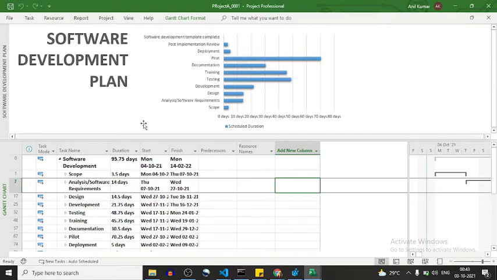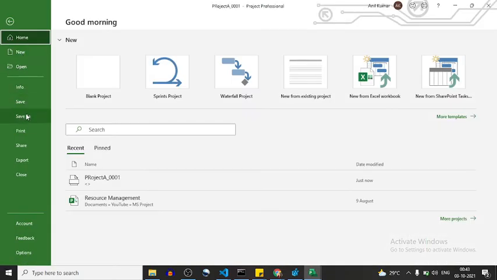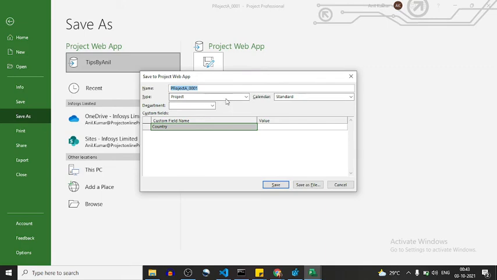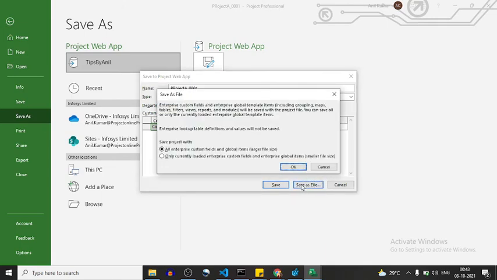Still, oh, I think we have saved only, we have not published it. Is it? Save. Project. Save file as all in custom field only. Okay.